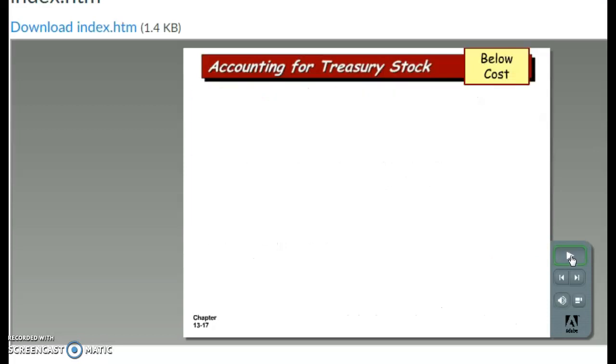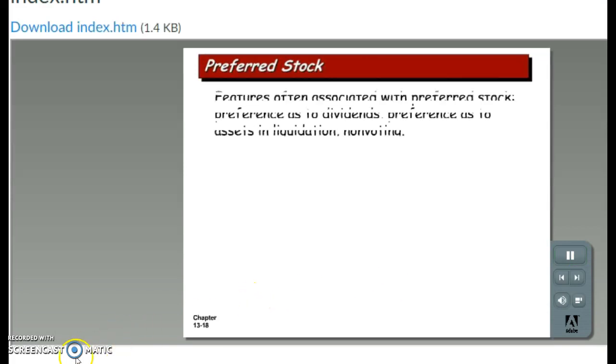Preferred stockholders have preference over